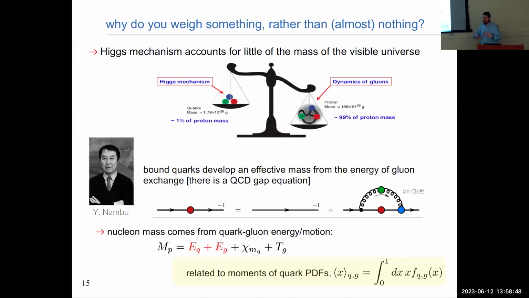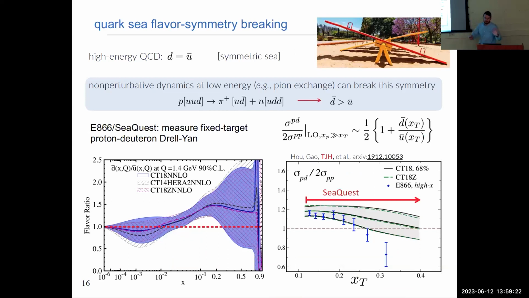And that's because whenever you're talking about, for instance, quarks at very low energy, they're dressed by some non-perturbative, complicated interactions that convey mass, that weigh something effectively. And more formally, there's basically a QCD gap equation, for instance, that's relevant for the strong interaction. And it just so happens that if you decompose the mass of the proton, there are so-called kinetic contributions that relate very closely to the knowledge of the moments of the unpolarized PDFs. That's with respect to the mass.